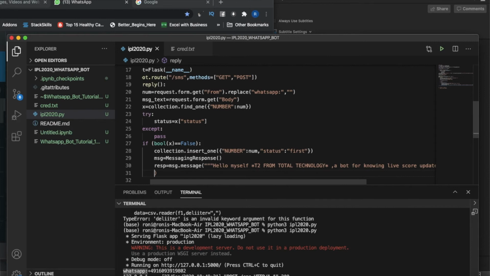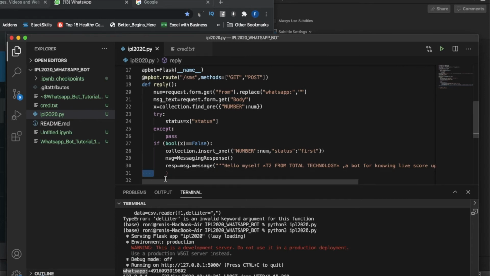Okay, so then we'll write: please follow the below option, or select, please read and select from the below options.